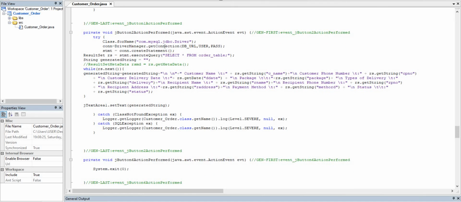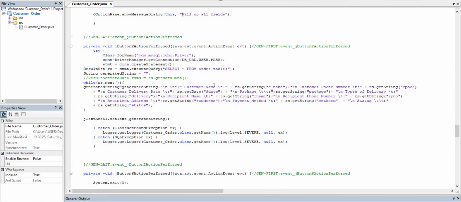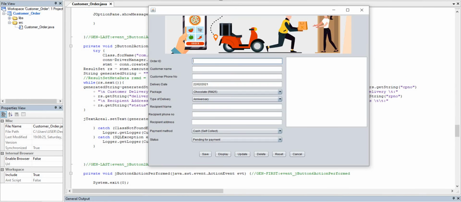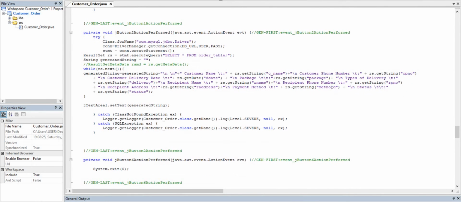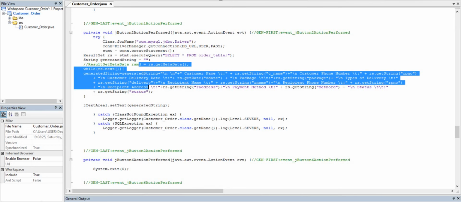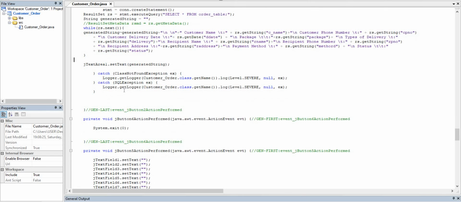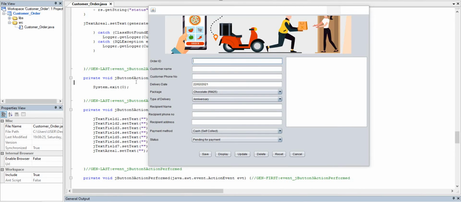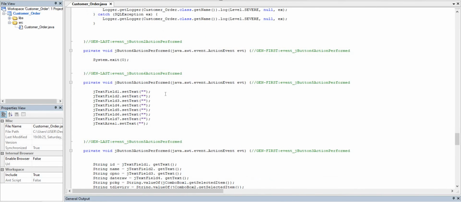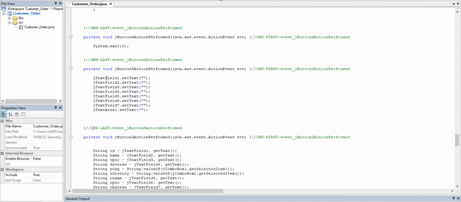And then I think this one is the display. So here it will display all the things we select. And then next one is the cancel button. When you press that one, you'll exit the system.